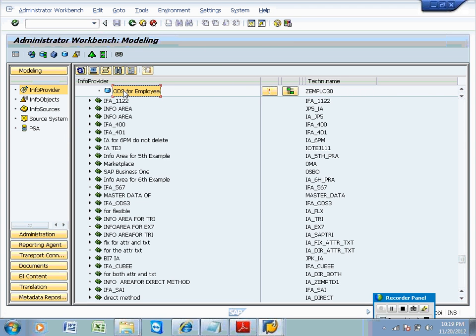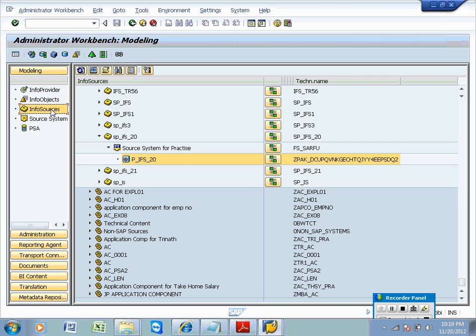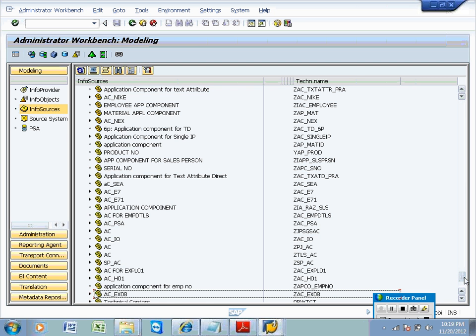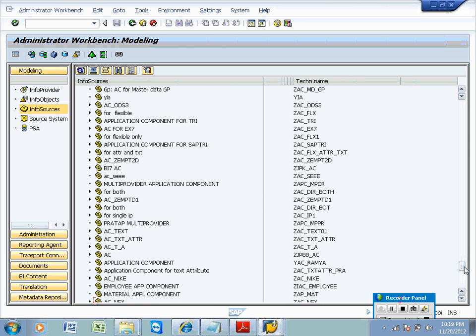Now, this is your ODS. Now, let me create the info source. And while creating the info source, what you need to remember, we need to import zero record mode. If you include zero record mode, then there won't be any problem while creating the update rules. The reason is, whenever you create ODS, zero record mode is already there in ODS. Okay? And if you don't keep zero record mode in the info source, then while mapping the update rules, you may face problems. You have something in the data target you do not have in the info source.